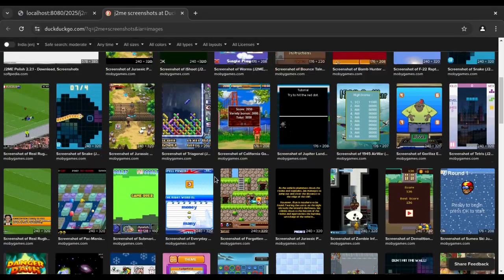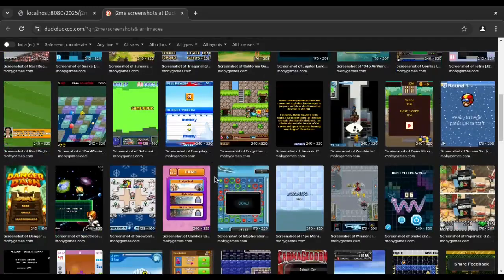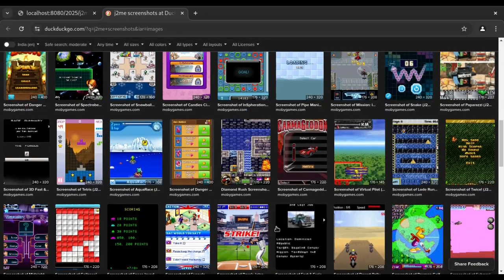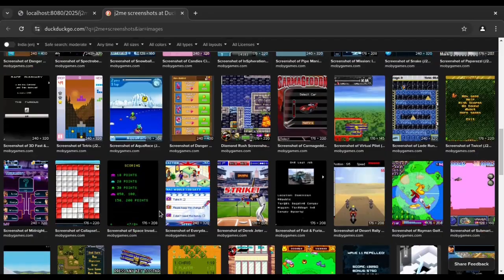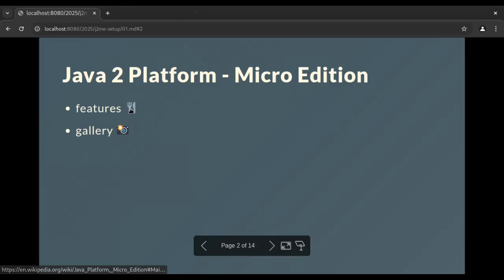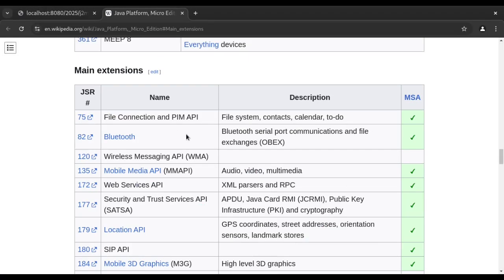So they would be having this pixel art graphics with a lower screen resolution, usually 240x320, and there were also apps like calculators, web browsers, and stuff built using J2ME,